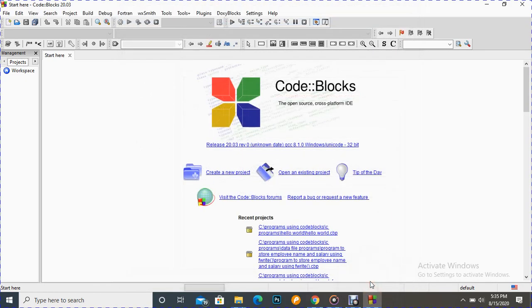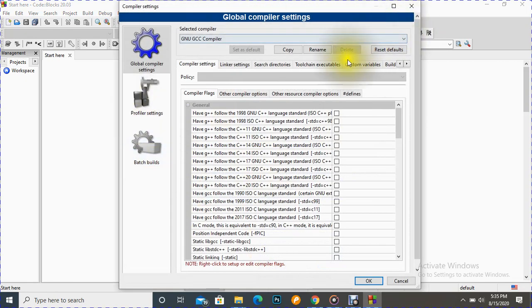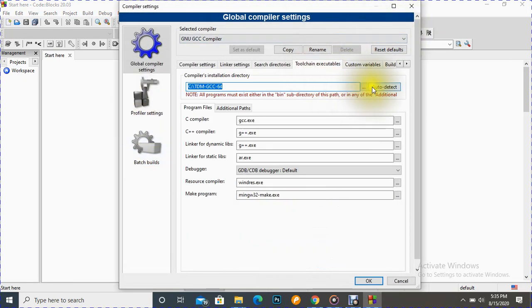I hope you liked this video on what to do if Code::Blocks could not detect the compiler. Sometimes it does not detect it, even if you try again and again, and it says I could not detect. So there is only one solution: download this TDM compiler, install it, and go to settings, compiler, toolchain, and click auto detect.